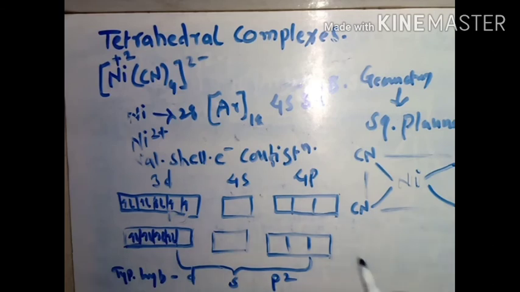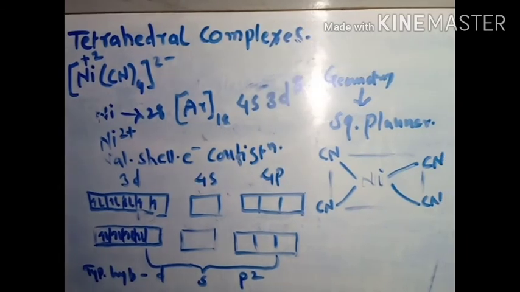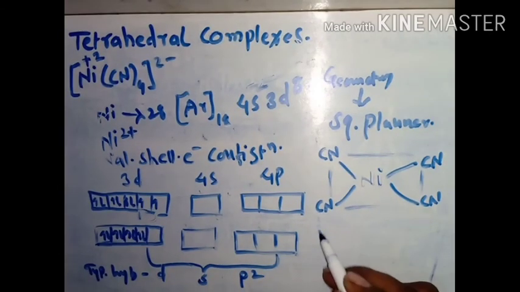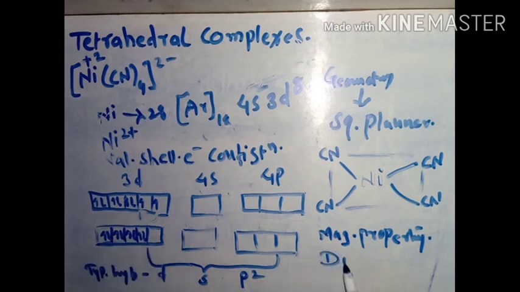Now the magnetic property. Since there is no unpaired electron here, this complex is